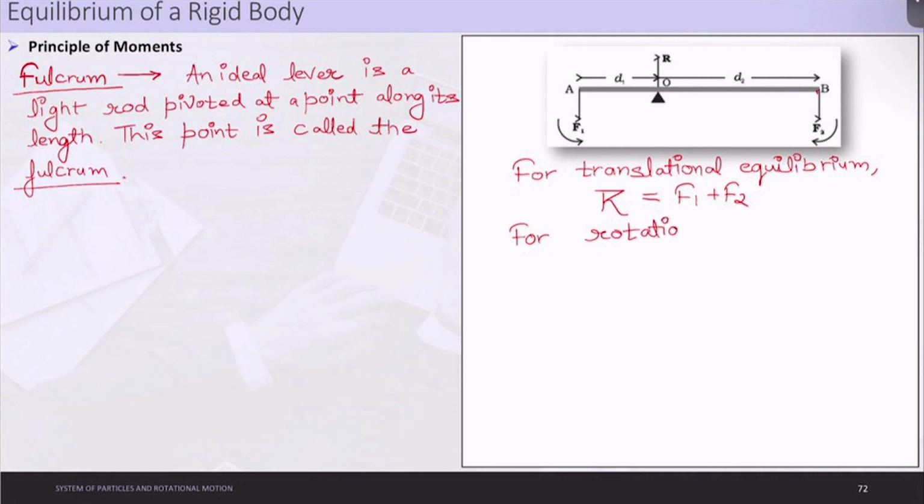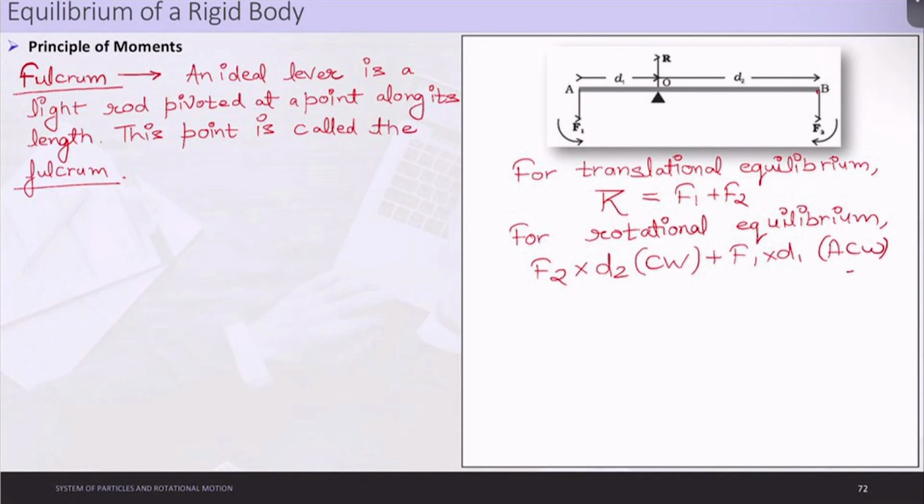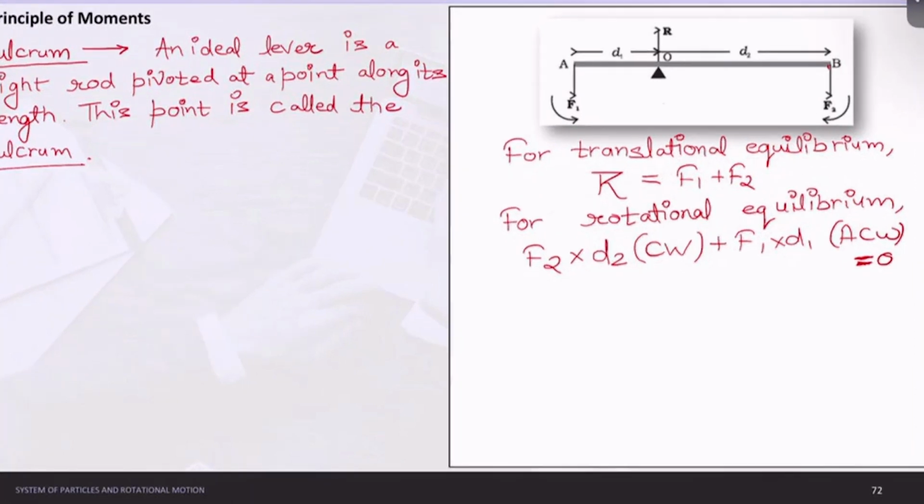So for rotational equilibrium, let us calculate the magnitudes at, let us suppose, point R only. So we calculate from point R, it is nothing but equal to F2 into D2, which is in clockwise sense, plus F1 into D1, which, if you see clearly, is anti-clockwise. So we can also write it as minus F1 into D1, which is in clockwise,